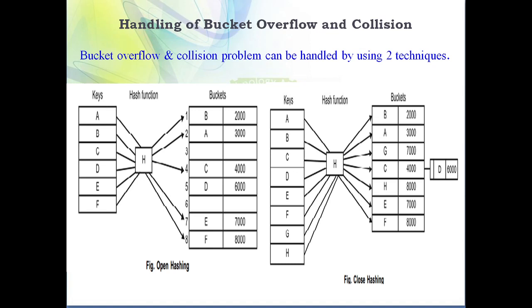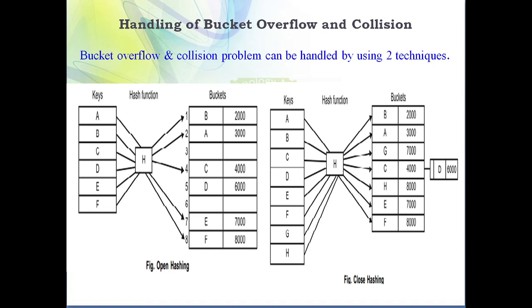Similarly, in case of your database, here you can see these are the keys. For example, search keys C and D are both mapped to bucket number 4, but bucket number 4 can hold only one record. It has the capacity of holding one record, so C is already stored, but D is also mapped to bucket number 4. So this is the problem of collision. Collision is a problem where two search keys are mapped to the same location or the same bucket.